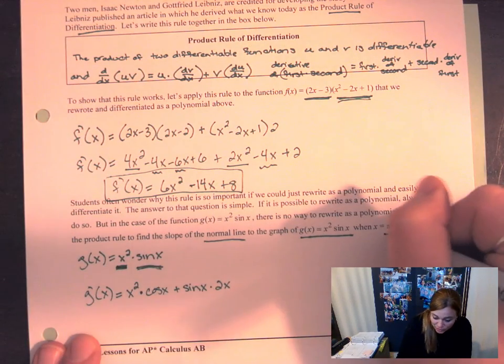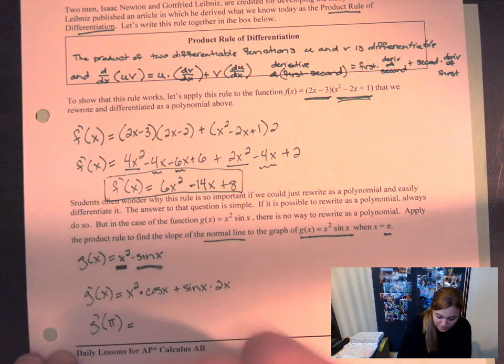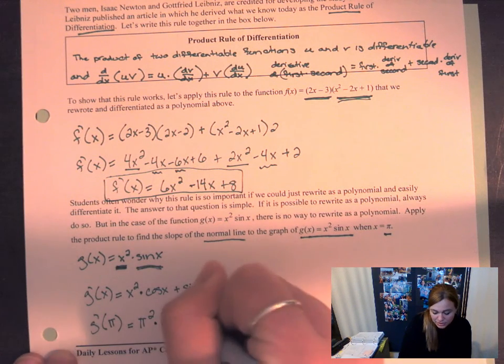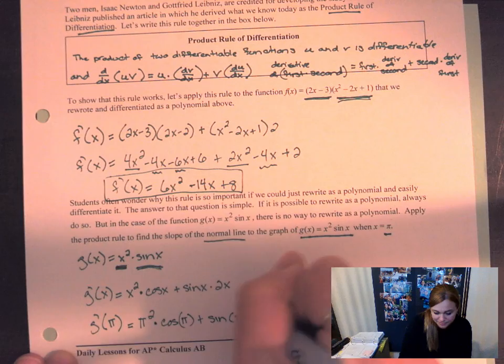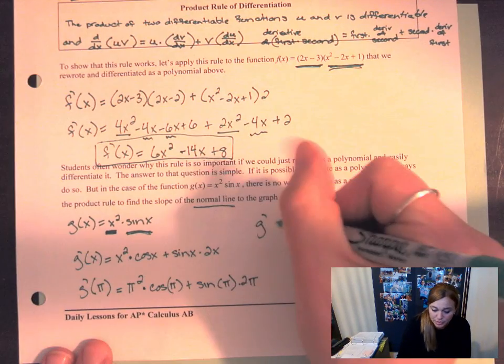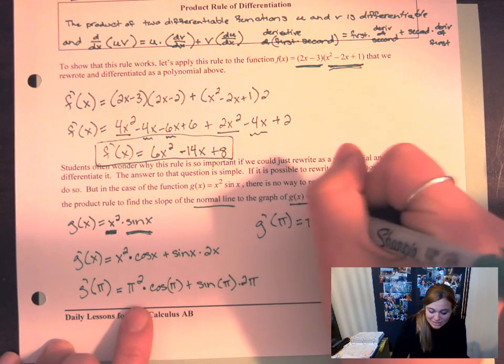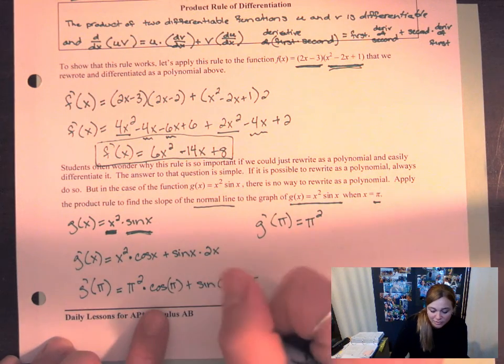This says that x equals pi, so g prime of pi. I would get pi squared times cosine of pi plus sine of pi, 2 pi. Still going, g prime of pi would be pi squared. I'm not going to simplify this. I'm not going to make this into a decimal. I'll just keep pi squared. Cosine of pi,